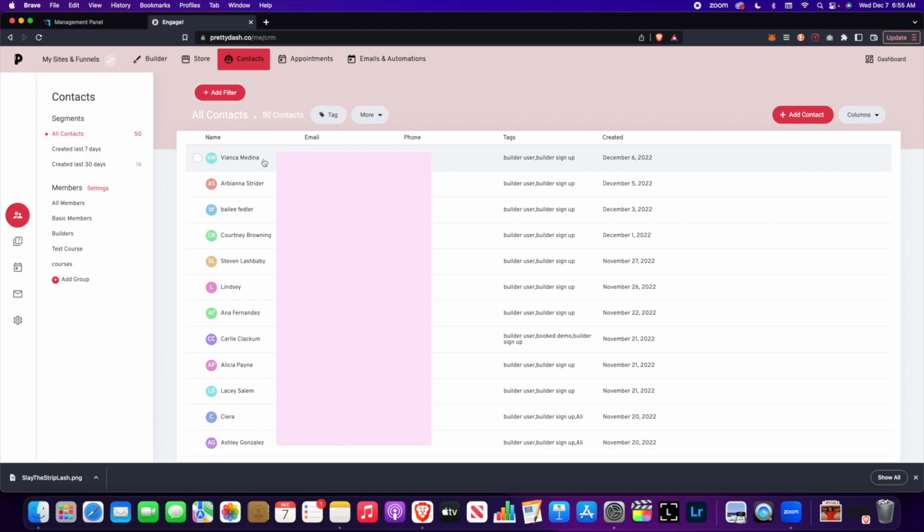So this is going to be your customer relationship manager. This is where all your contacts are, their emails and the tags that they are under, so that way you can access different things about them. And you can also put them into different member groups, which will give them access to certain pages that you